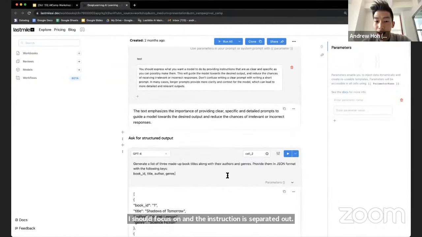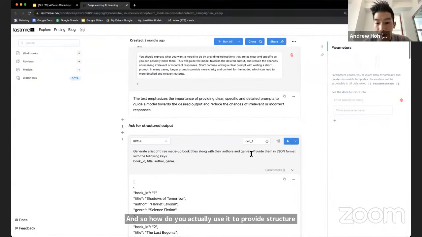Next, these LLMs are actually quite good at returning structured responses. And structured response is quite important because oftentimes for business applications, you might be working with a JSON object, or you might be trying to produce a markdown file. And so how do you actually use it to provide structured responses? And so here, the initial part of it is providing the instruction, which is: generate a list of 3